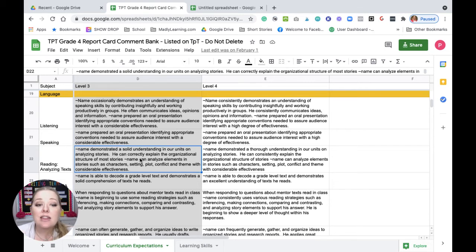Now, being that this is a comment framework, one of the ways that I can use this individually for students, so everyone has this big comment, but I can go back into individual students' comments and remove things like maybe student A was able to show really good analysis of, say, character and setting, but had a lot more difficulty with conflict and theme.